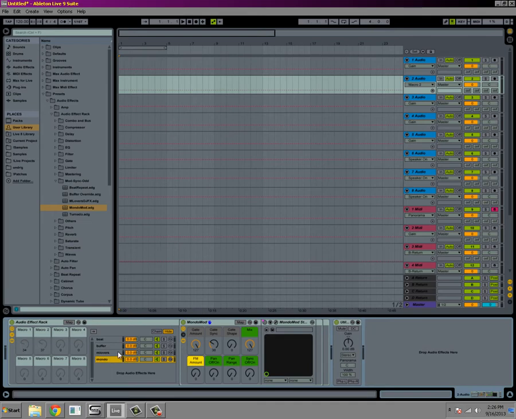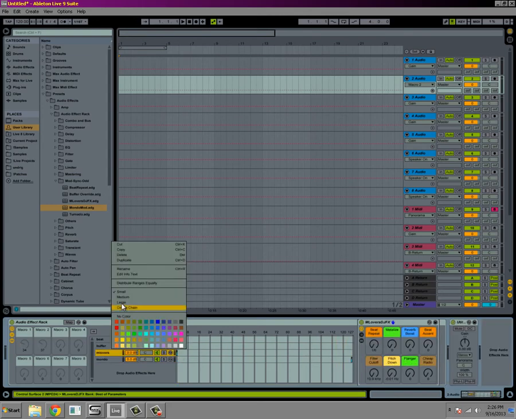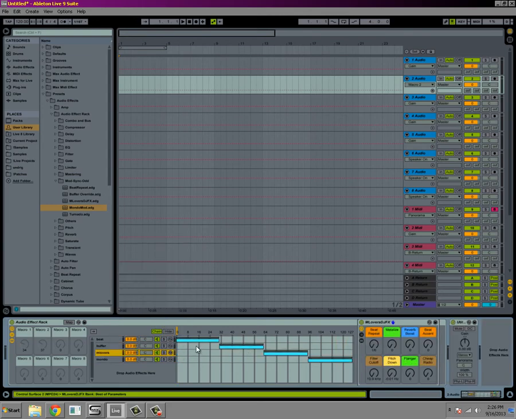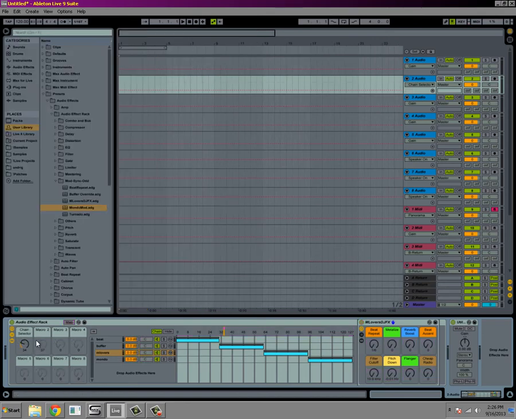Everybody kind of knows this trick already, which is the chain selector thing on the macro knob here, where basically you pull this all the way over here, you go to distribute ranges equally, and that stretches out each effect over here. And when you hit the map button, of course, you click on the little chain selector up here, and now all of a sudden you have this fancy little thing that toggles between all 4 different effects